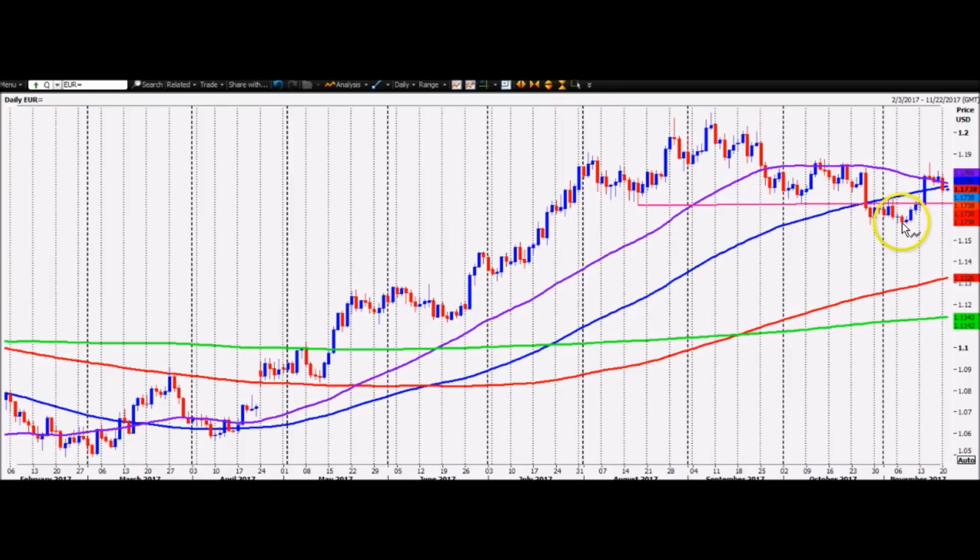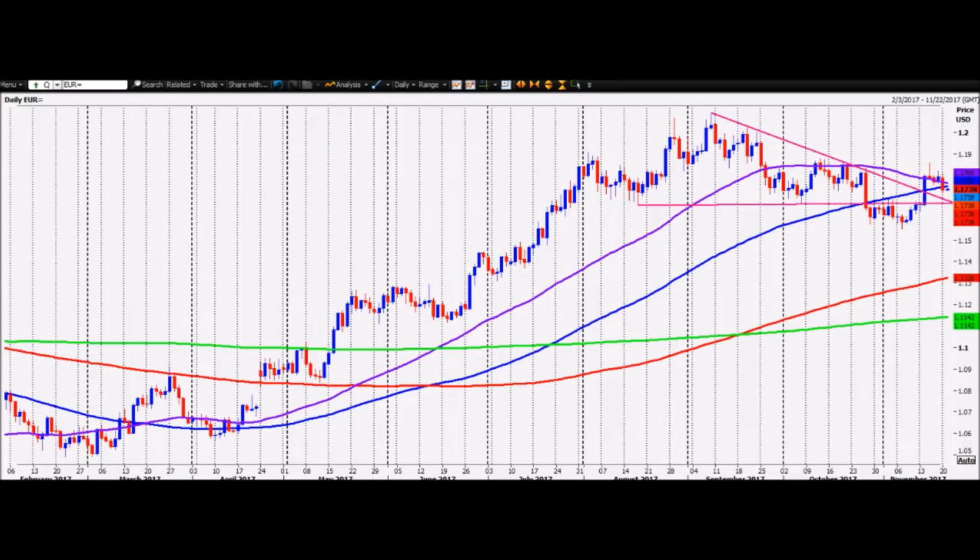We dipped below, but it really couldn't get any momentum to the downside, and then pushed up through here, and it's obvious all the shorts are now stopped out of this. Whether we do head lower, I don't know. It's certainly possible, but there's no pattern to indicate that, although there is if you put a trend line on here, I guess. Well, it's all a question of whether we now hold above this area. Of course, you can see the intersecting trend lines. We are dipping below the 100-day moving average. I know this is a bit political with what's going on in the German election situation, but anyway, I thought I'd bring that to your attention.